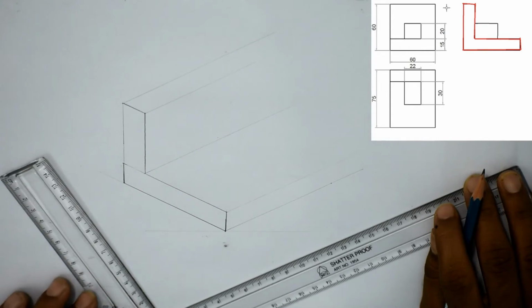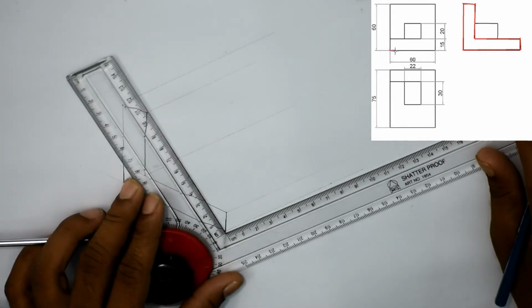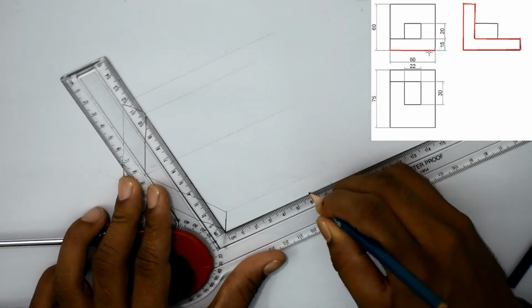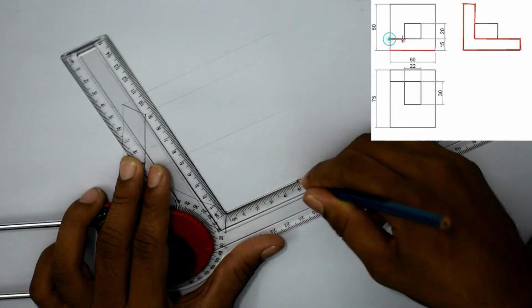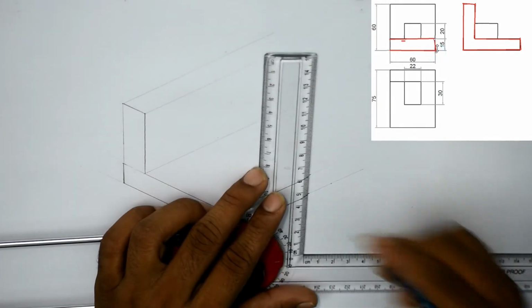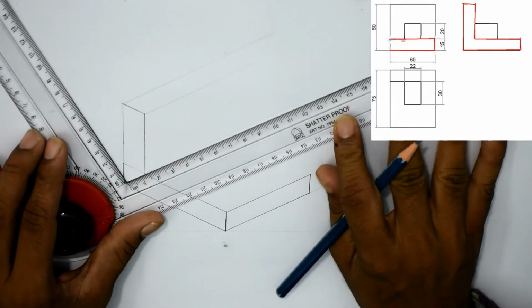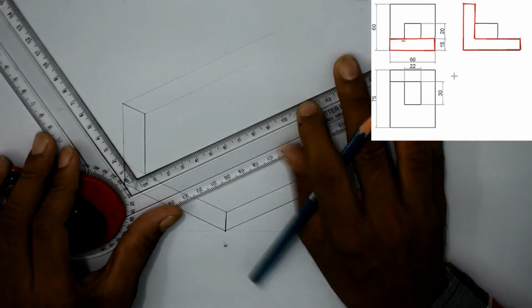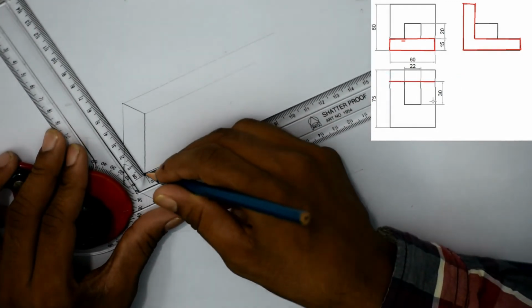So we have now taken some lines, and as you see in the front view, this line is 60. This line is 60. This line is also 60. So if you join that, you'll get one portion here. Also, as you can see, this rectangle is above this rectangle in the front view. We will take this width also as 60,